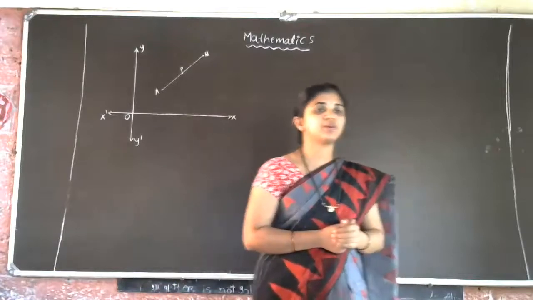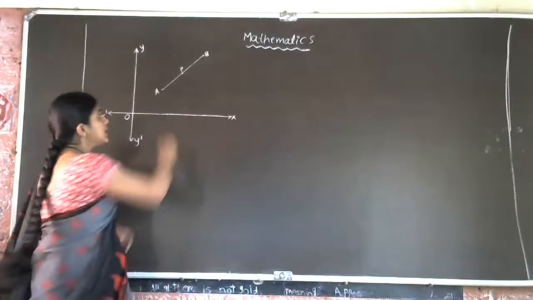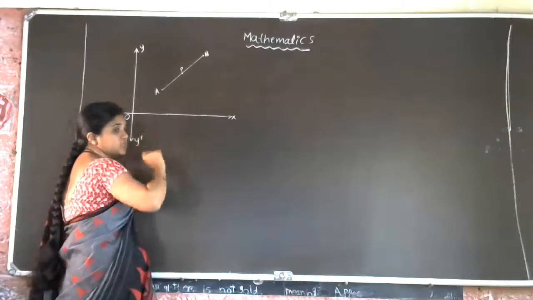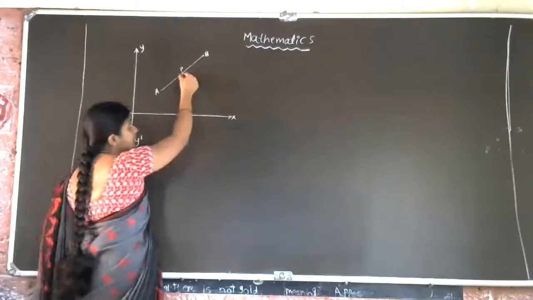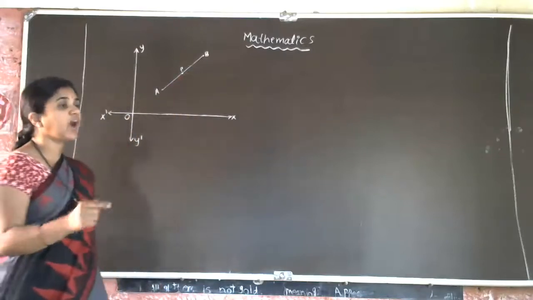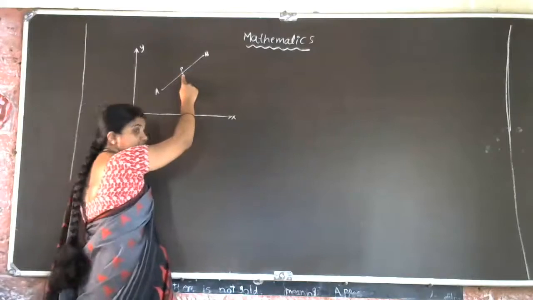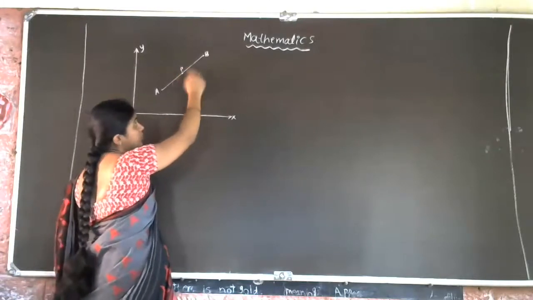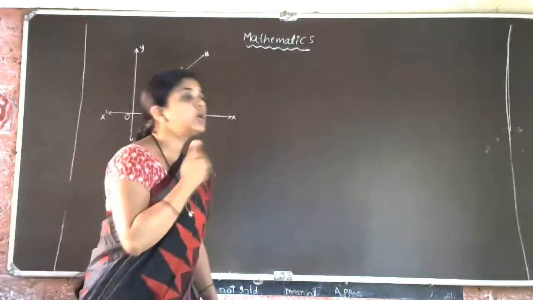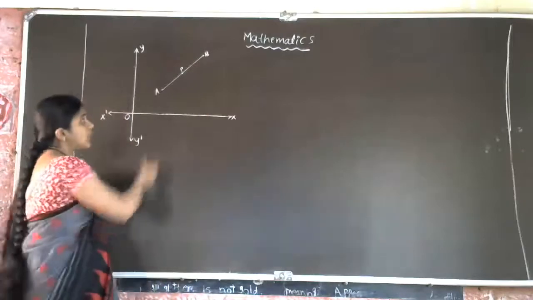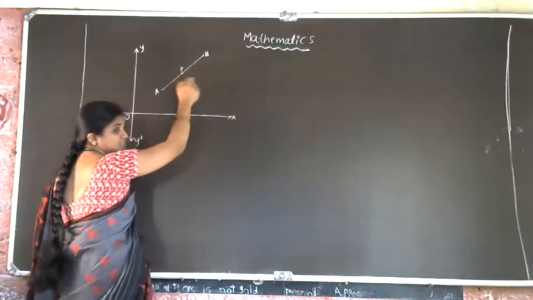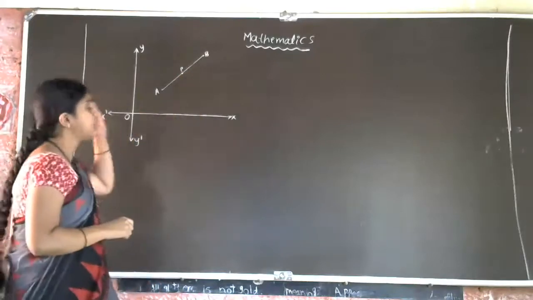What is that section formula? If the point P divides the line AB in some ratio, for example 1:2 or 2:1, then the section formula helps us identify the coordinates of P. Or if the coordinates of P are given, then in what ratio P divides AB can also be found using the section formula. Got the idea? AB is one line segment, and P divides AB into two sections in some ratio. We have to find that.